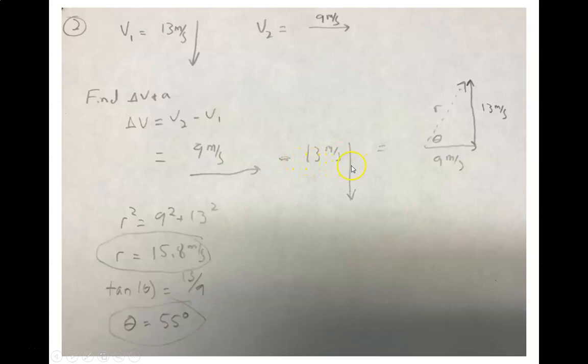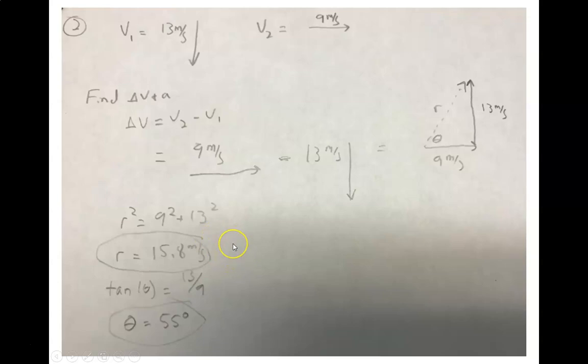Remember, when we subtract vectors, all we do is we flip them and then add them. So I flipped my 13 meters per second up, and then I'm adding them by putting them tip to tail, and we get the resultant equals 15.8 meters per second. We use the tangent function, and we got 55 degrees. You could use sine or cosine and use the 15.8, and that's fine too. I just chose to use the